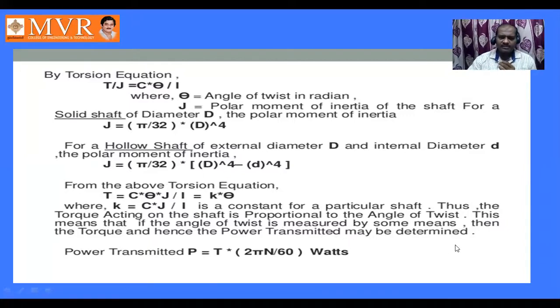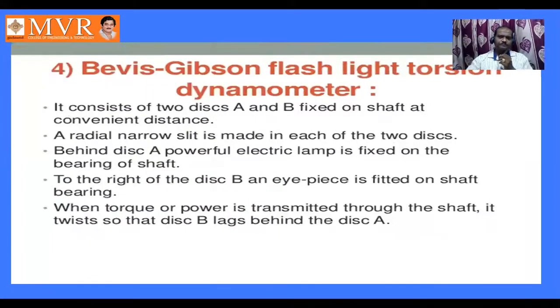So what is the task here? Now, to measure the angle of twist. How many methods are there to measure the angle of twist? We will discuss that in this class only. So we have to measure the angle of twist. If the angle of twist is measured, torque can be known because all the remaining factors are constant. It depends upon the shaft we have. How will it be measured? We will see this.